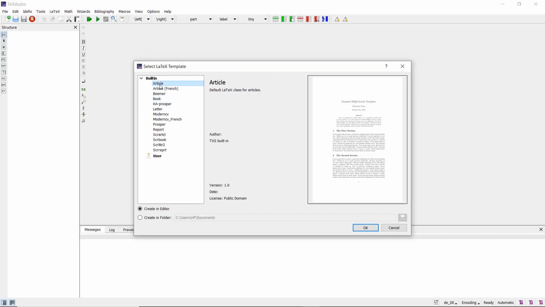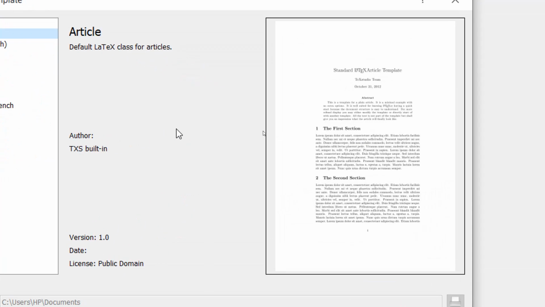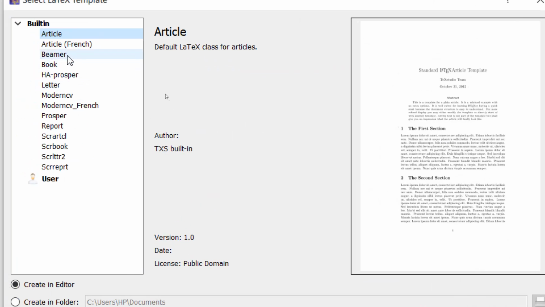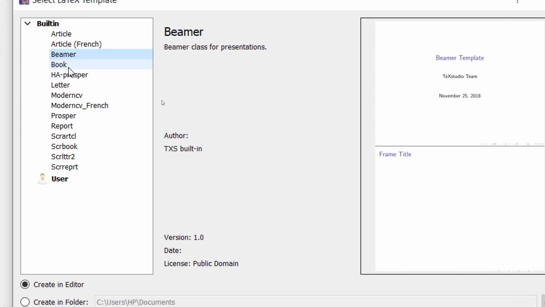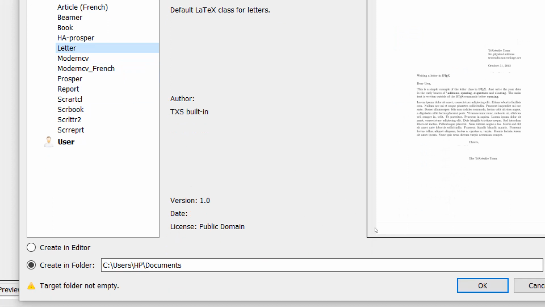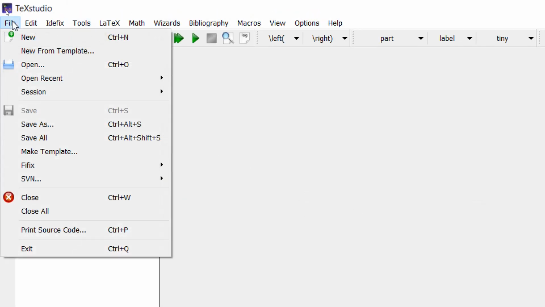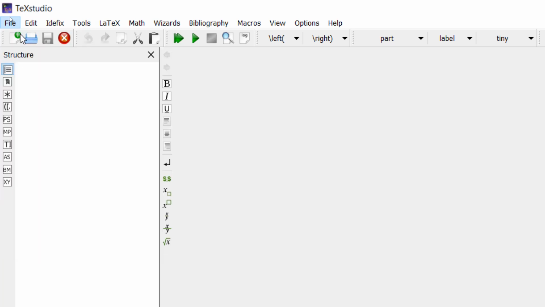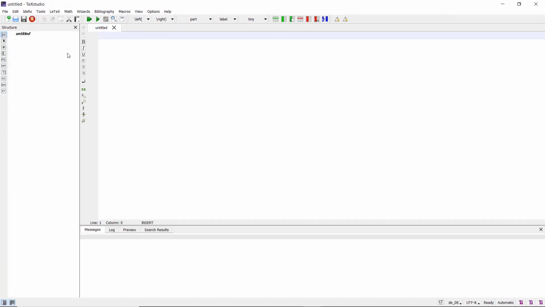If you select article, the look and feel of the document looks like this. Similarly, you can select various packages or various options. We will come back to each one of them later. So we will now select file followed by new. It will create an untitled area or untitled page wherein you can write your code.